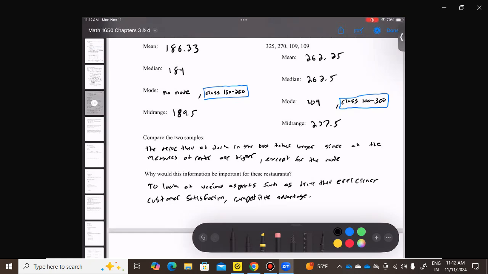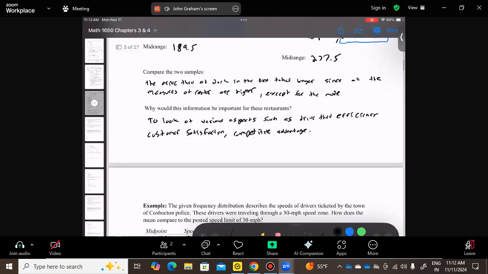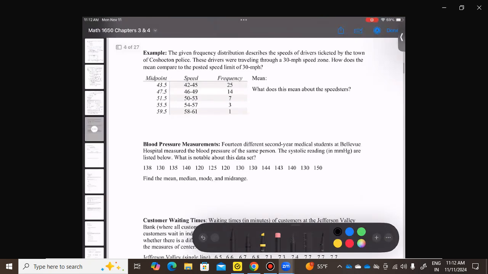McDonald's can kind of promote that they go faster. All right. Now we'll keep this data. We're going to use it in the next section as well. But we're going to continue with